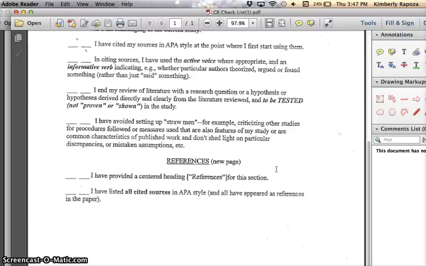Your references, we had in the mini lecture on APA style, a talk about how to set up your reference page, and you're going to also be doing that for homework as your second part of homework. So you have a reference page, and you've cited all of your sources in APA style. Importantly, if you have a reference in your reference page, that citation should appear in your paper. If there is a citation in your paper, that citation should appear in the reference page. They should match one for one. There shouldn't be anything in your reference page that doesn't appear in the paper, and nothing in the paper that doesn't appear in the reference page, vice versa. So everything should be cited in APA style.